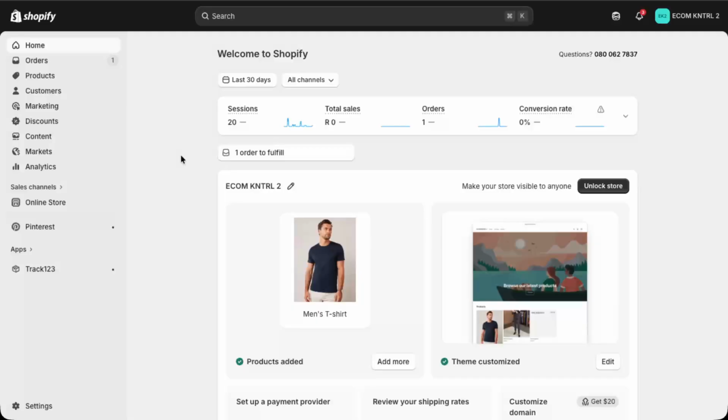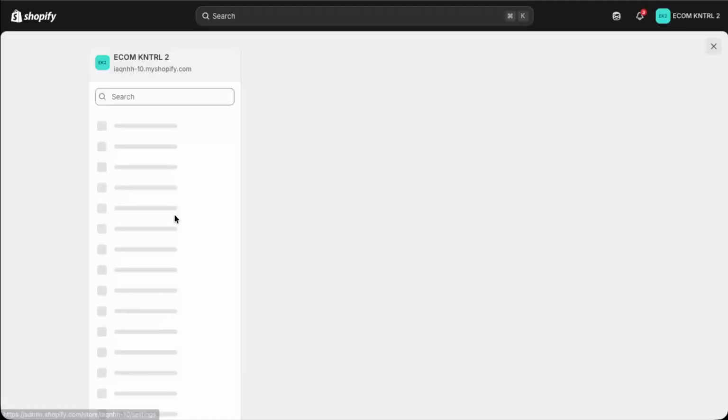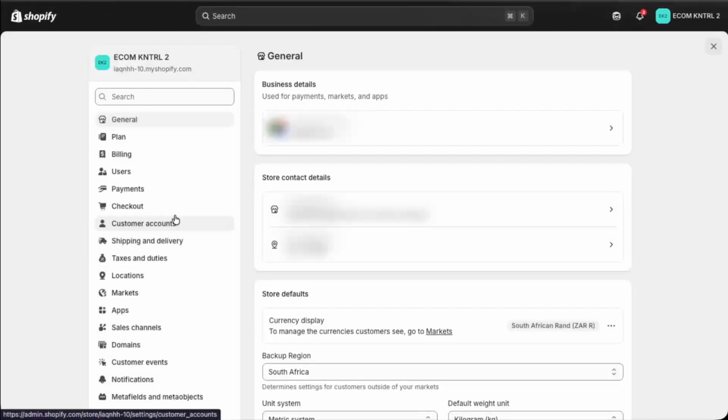Once you're there, look towards the bottom left-hand corner of the screen for the navigation menu. You'll see an option labeled Settings. Go ahead and click on that. The Settings area is where you manage all the behind-the-scenes details of your store, like payments, shipping, and of course,